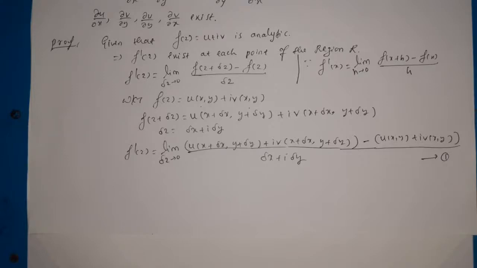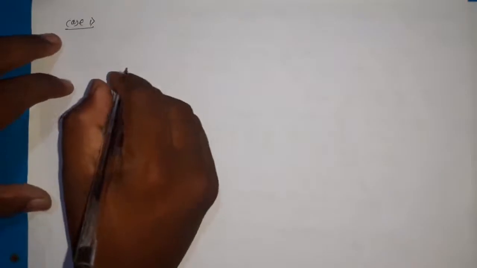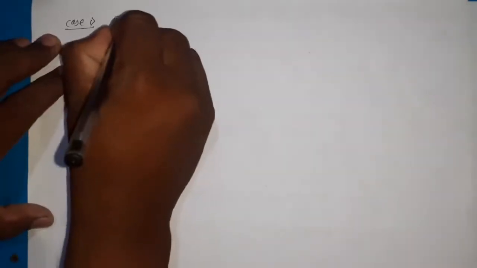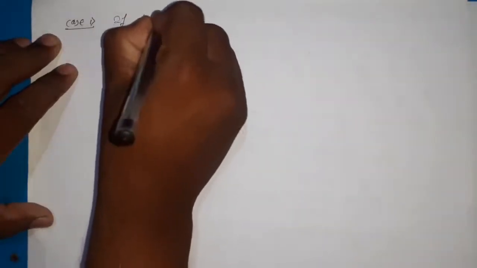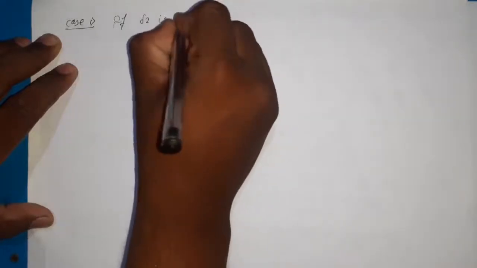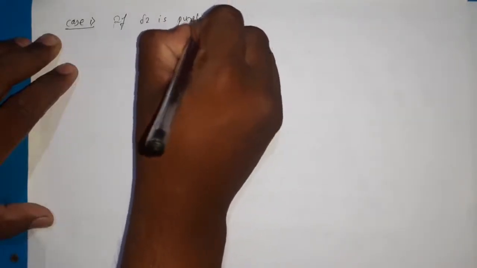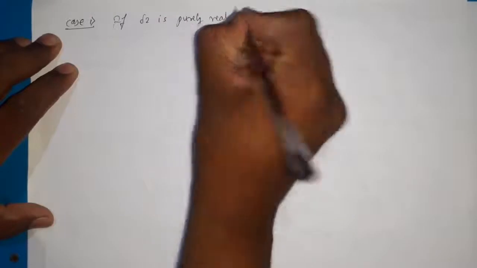So, depending on the real and imaginary parts, we have two cases. Case 1, let us consider delta z is purely real. Purely real means there is no